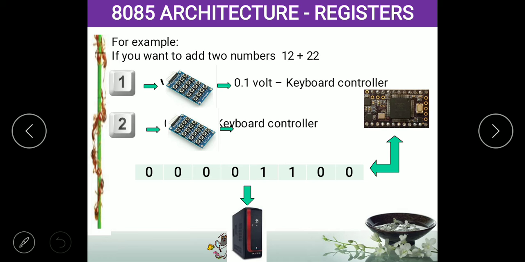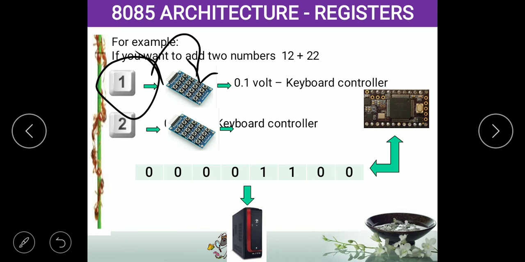Okay, if you press the key 1, immediately what happens? There are different types of keyboards: capacitive keyboard, inductive keyboard, resistive keyboard, like that. Soft keys or hard keys, some keys having springs, mechanical keyboards, etc. As a mechanical engineer, I am going to explain with a capacitive keyboard. Capacitive means there is some capacitor. If you press each and every key, that key will generate some EMF. The EMF value will vary for each and every key.